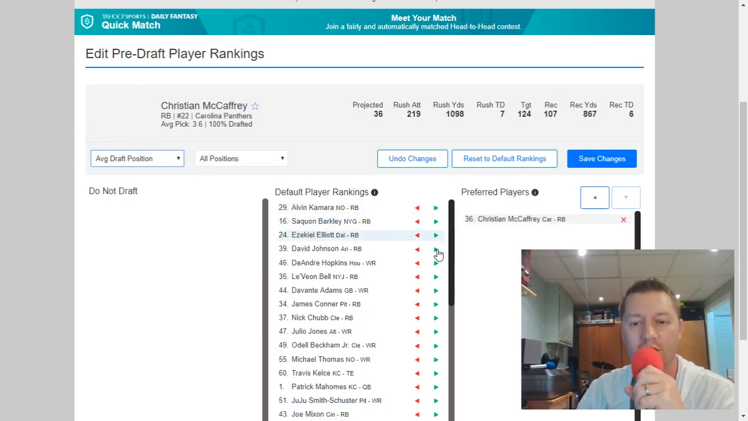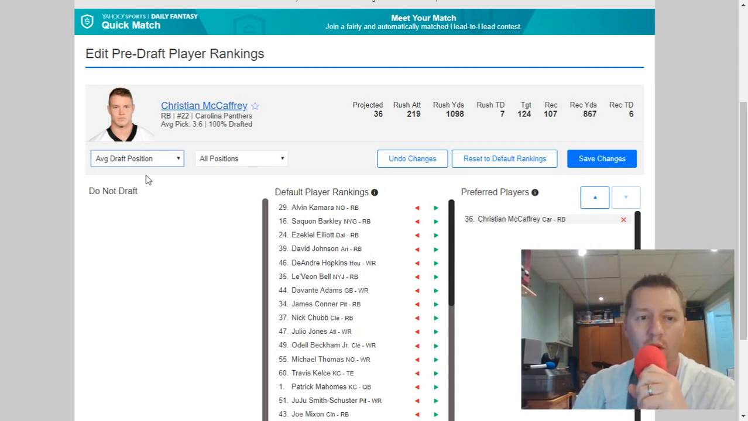So I'm going to move, let's say, Christian McCaffrey. And the way this will work then is when it gets to my pick, it'll go to my preferred players list first, so it'll look and see if Christian McCaffrey is picked. If not, it'll go to the default player ranking. So let's say I was first overall here, I'd be picking Christian McCaffrey. Imagine I was second overall,